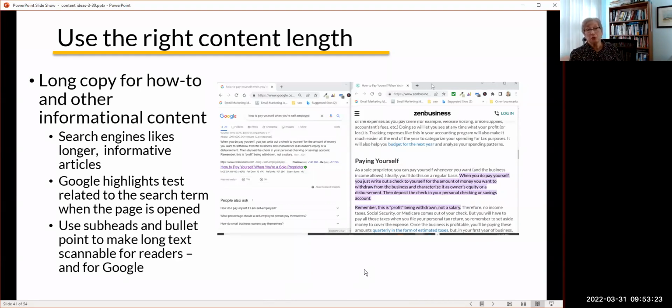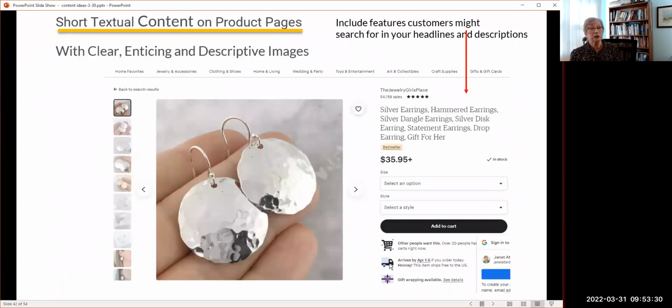And the other thing is that the more information you provide, the more it helps the people who are coming to your site to decide to deal with you or interact with you. If you're selling products, you don't want a lot of content when they hit the product page usually. Again, it's going to depend what they're buying, but in most cases, most of your content is going to be contained in your images. So you want short text because you don't want them reading all over necessarily, but you want them to see exactly what they're going to get.